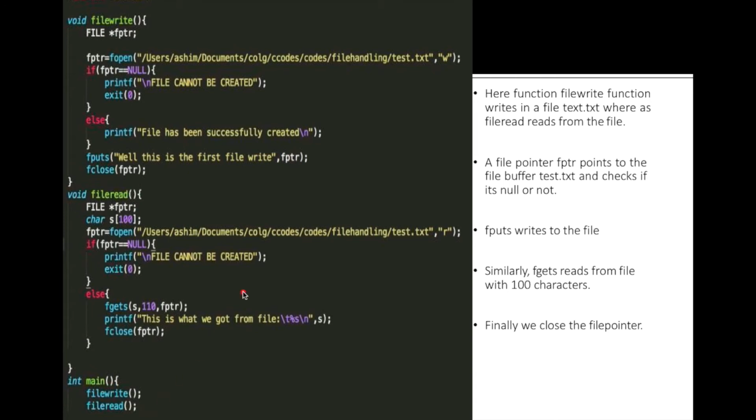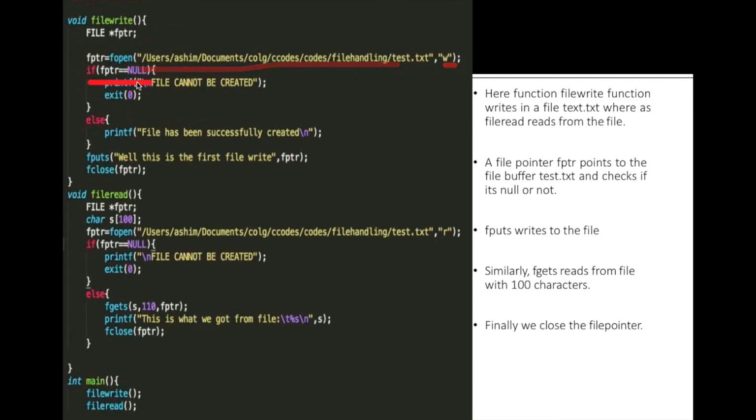Now we will see one program. We have already written two functions, write and read. File write will write data into the file, and file read will read data from the file. First it will call file write. In file write we declare one pointer and open this file in write mode.